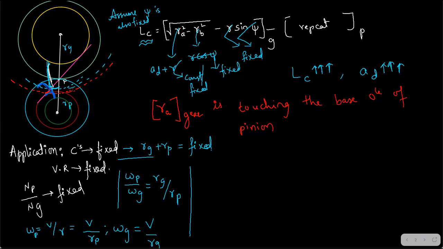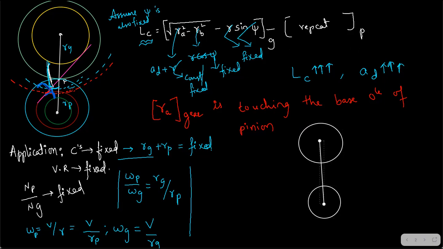Sir, is there no problem? Right now there is no problem because contact is still happening along the same line. But the problem comes when you dig further. Where? Just see, I'll show you. The problem comes here. So this is the base circle of the gear, let's say, and then we have the base circle of the pinion,